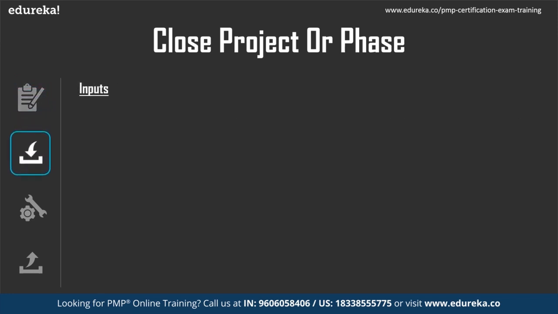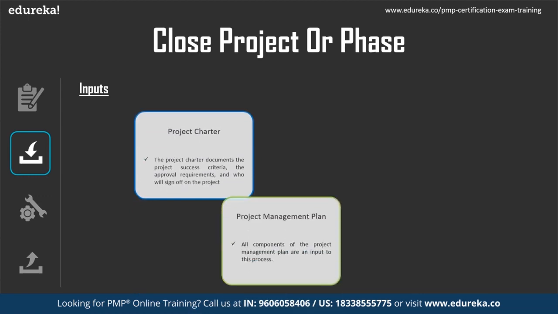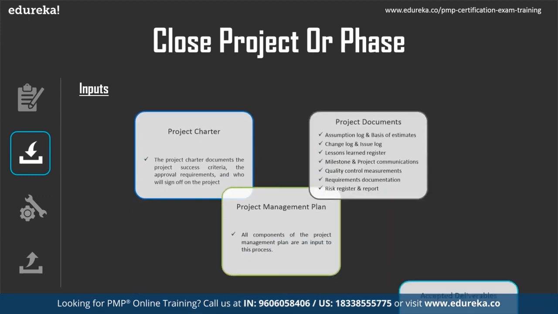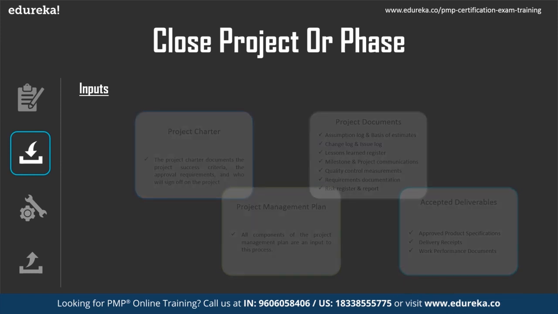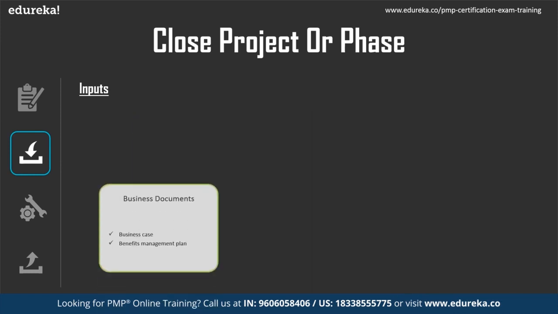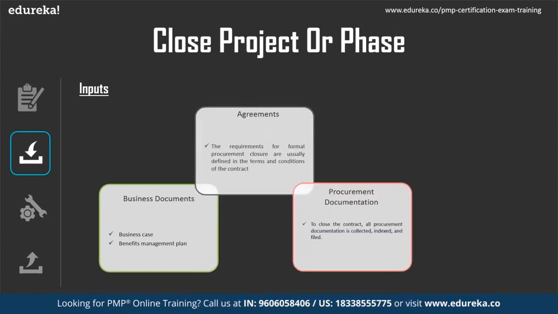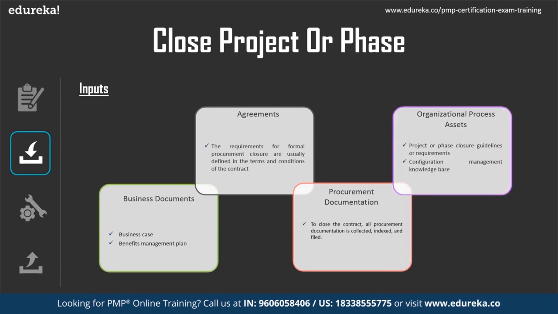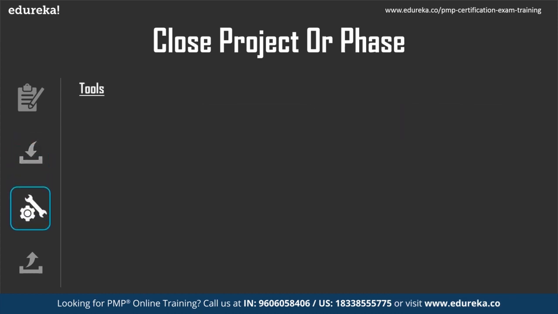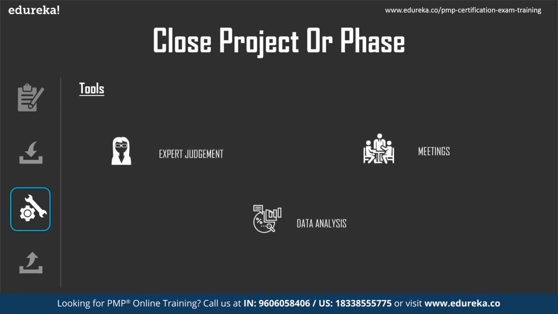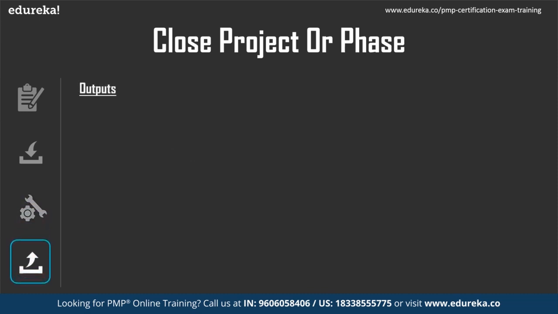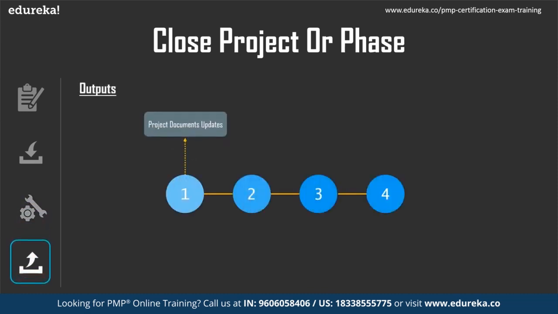The inputs to this process would be the project charter, project management plan, project documents, and accepted deliverables. Other inputs would be business documents like the business case, benefits management plan, agreements, then procurement documents, and organizational process assets. The tools used during the close project or phase process would be expert judgment, meetings, and data analysis. Outputs of close project or phase would be project document updates, final product, service or result transition, final report,